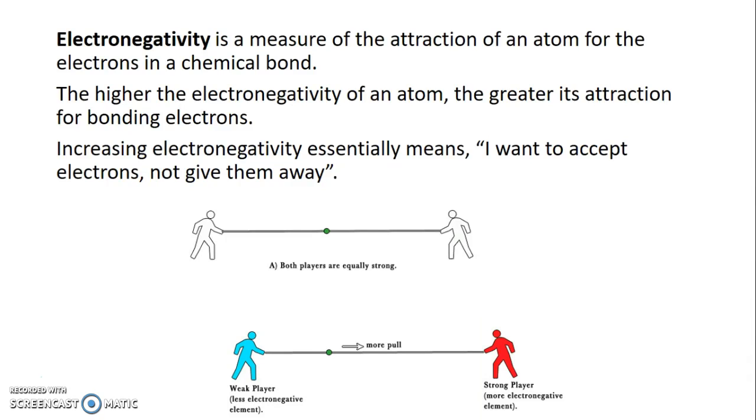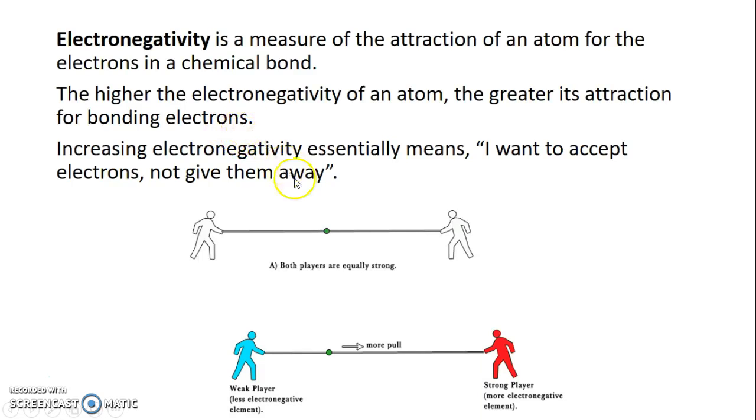this idea of electronegativity. So, electronegativity is quite simply an element's propensity or ability to attract electrons, right? So you would imagine some atoms attract electrons more strongly than other atoms. This is determined by what's considered to be the electronegativity, right? Increasing electronegativity essentially means I want to accept electrons, not give them away, right? So if you have a higher electronegativity, it's going to take electrons, and if you have a lower electronegativity, it's